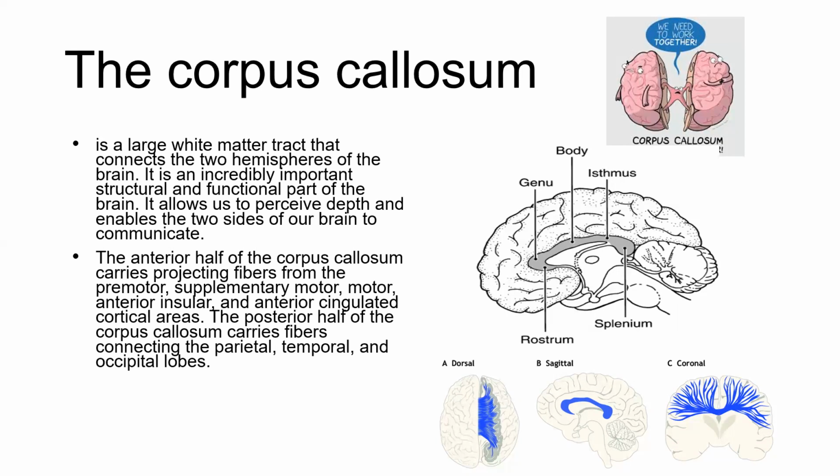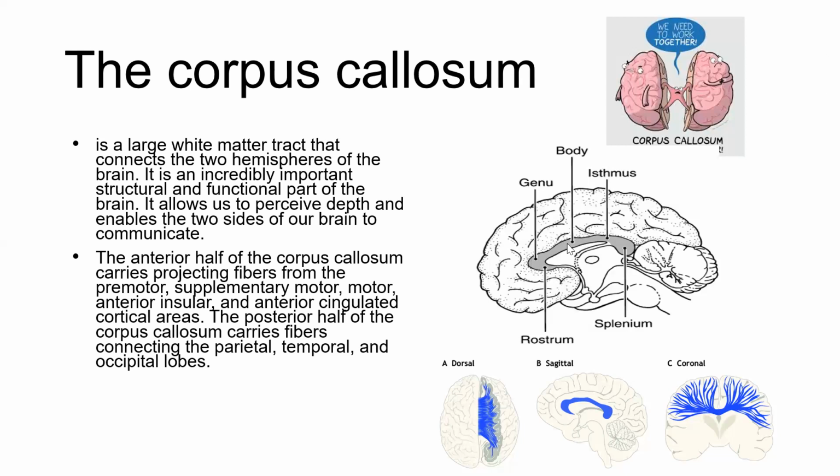The anterior half of the corpus callosum carries projected fibers from the premotor, supplementary motor, motor, anterior insular, and anterior cingulate cortical areas, while the posterior half of the corpus callosum carries fibers connecting the parietal, temporal, and the occipital lobes. You have already seen the part of the corpus callosum that includes the rostrum and this bend,